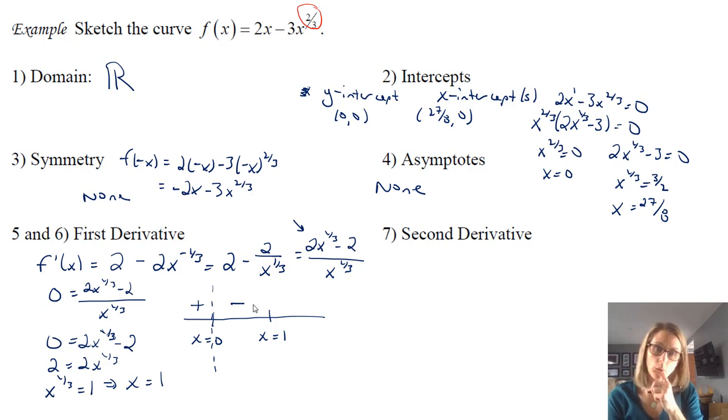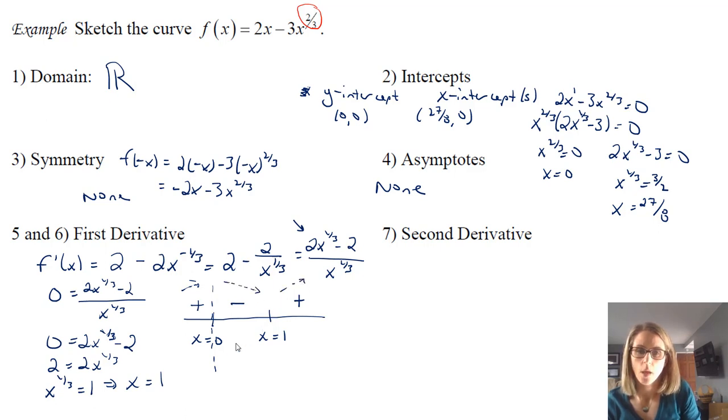And then when I put in something greater than 1, something like 8, I'm going to have positive on the top and positive on the bottom, so that's going to give me positive. So the function is increasing, then decreasing, and then increasing. And if we put in x equals 0, because we can, we do get a y value. So it's not an asymptote, it's just that the derivative is undefined. It's a vertical asymptote in terms of the derivative, but it's a continuous function. So notice the difference there. So at 0, 0, we actually have a local max,